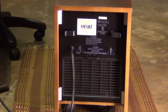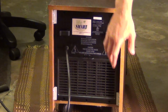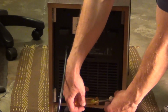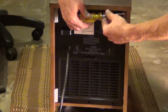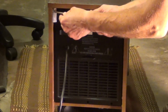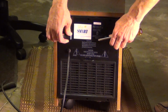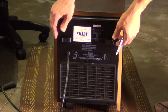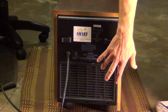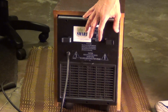What you'll find is there are these brackets in this area here, and over here there are 4 of them that we're going to take off. Brackets coming out of here. Now this will slide a little bit until you feel something pull. I did take this apart once already. There's a wire that goes between what I'll call the heater box, or the oven,